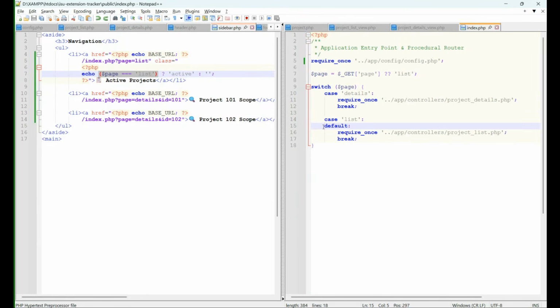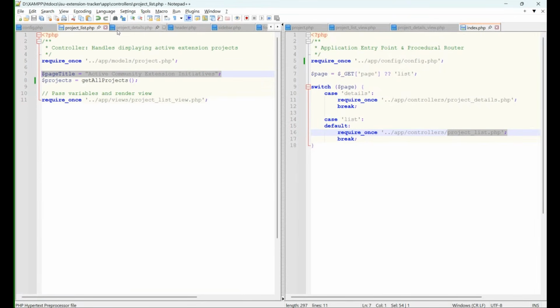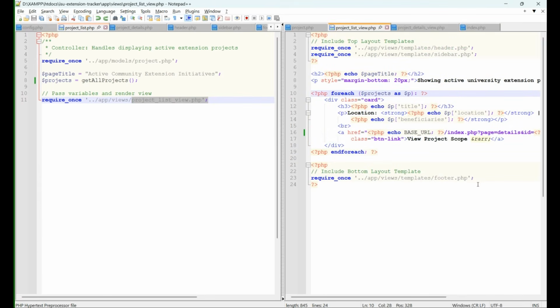If the landing page is loaded, the default setting shall be the project_list.php. Now, this is a controller. The project_list.php controls that the page that should be displayed is the project_list_view.php, which is this one,